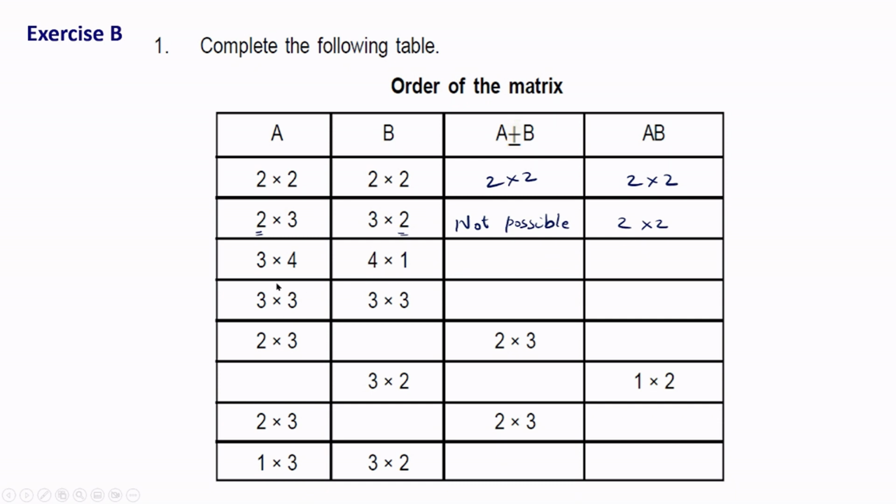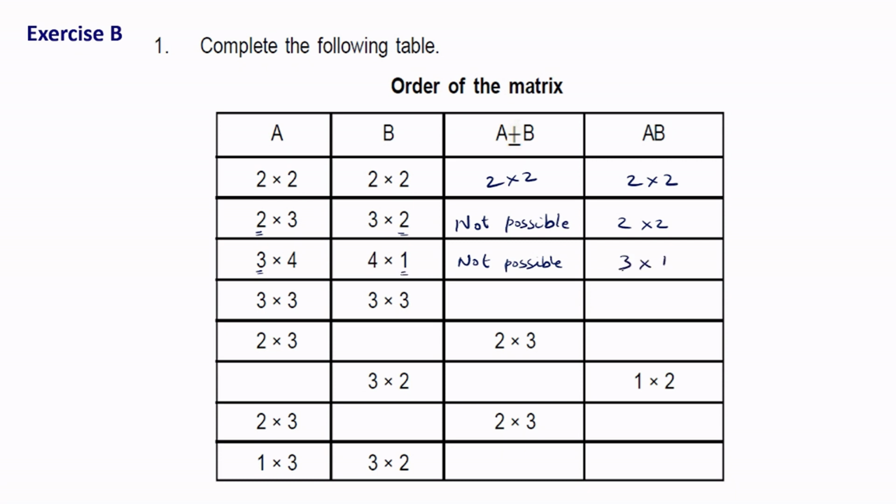Next we have the next one, order of A is 3 by 4, order of B is 4 by 1. Here again order of A not equal to order of B. So this is not possible. And then next we have AB. Here we can see that number of columns in A is equal to number of rows in B. So we can find AB. And AB has 3 rows and 1 column. So order of AB is